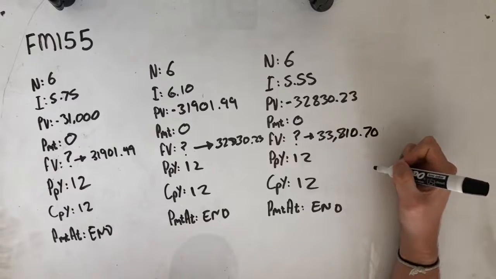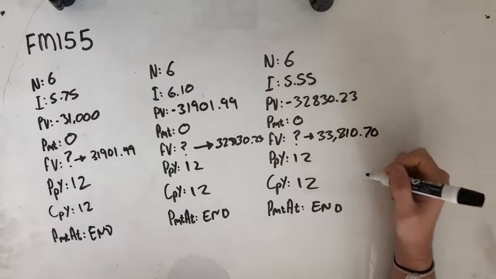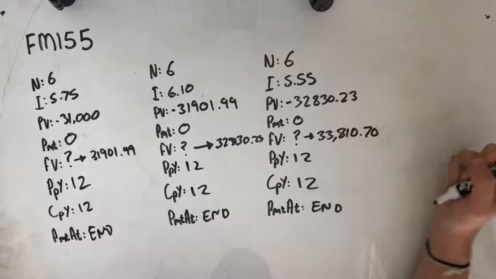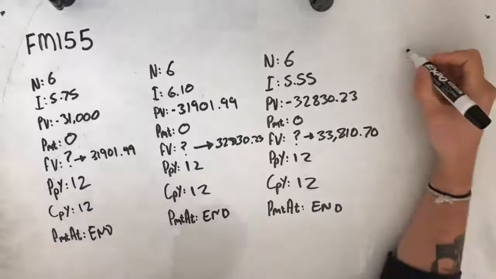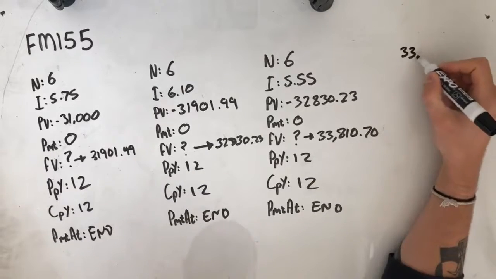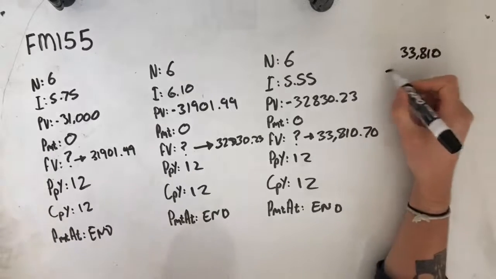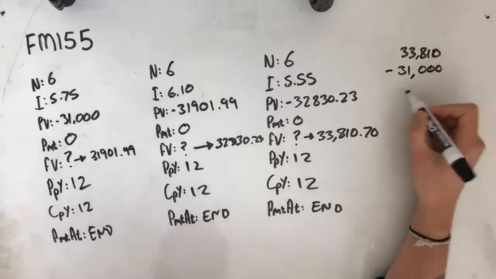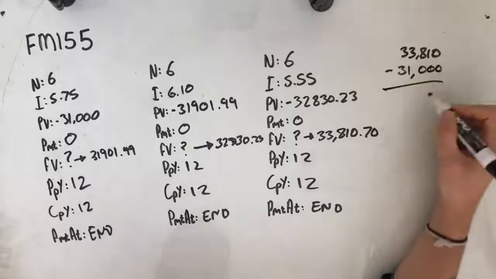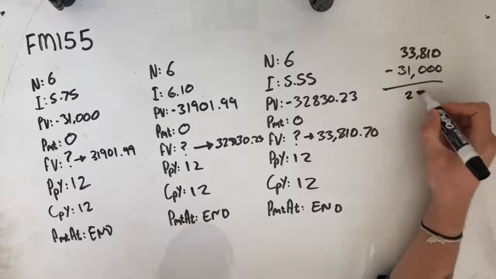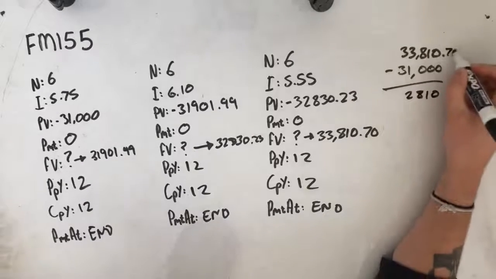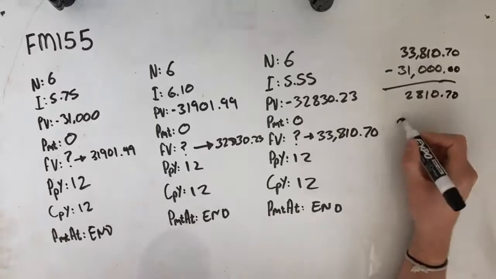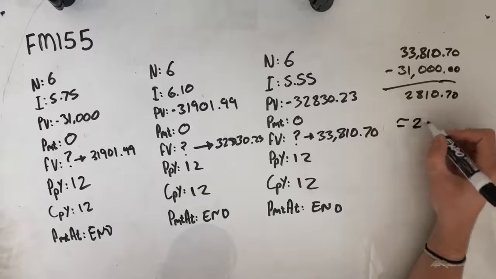33,810.70. Now this question is asking us to find the total interest earned by this investment over 18 months, not the total value. So our final little calculation that we're going to do here, 33,810 minus 31,000 should leave us with an answer around 2,810. Sorry, I forgot the 70 cents in there, which is closest in value to 2,802,